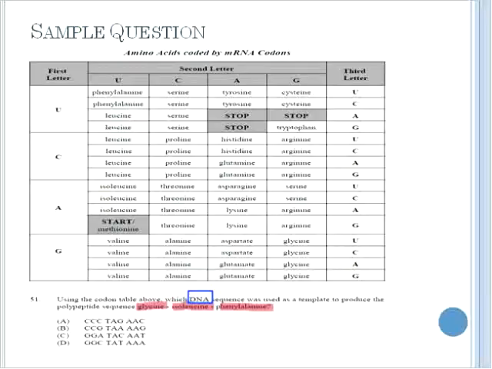The first amino acid, glycine. I'll abbreviate GLY. The possible codons for glycine, as you see from the table, glycine is located here. The possible codons are GGU,